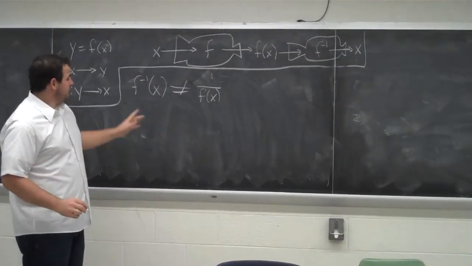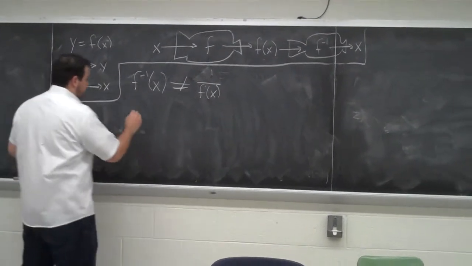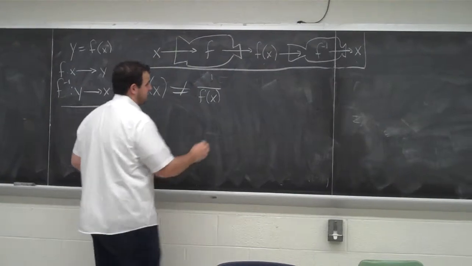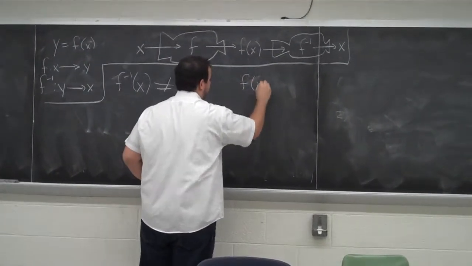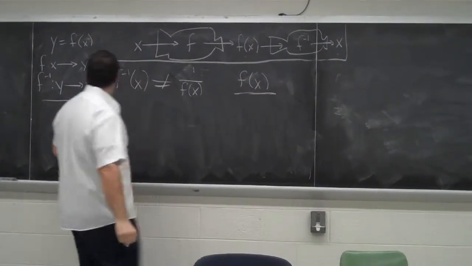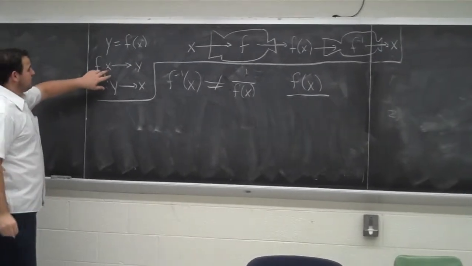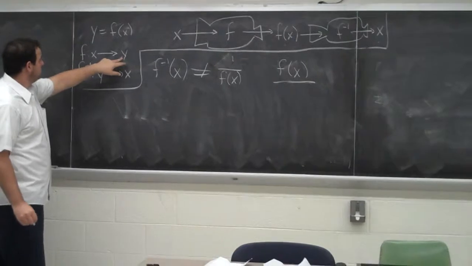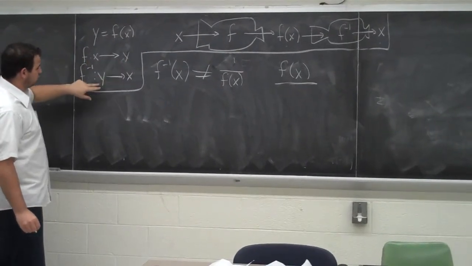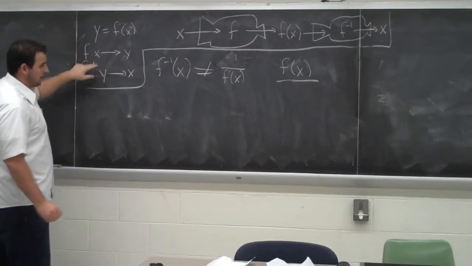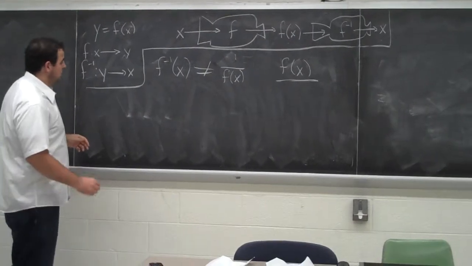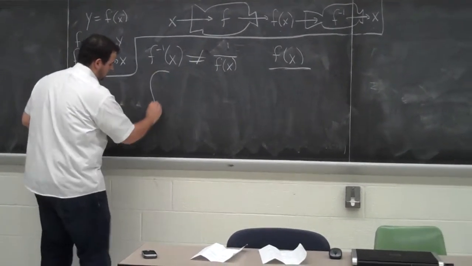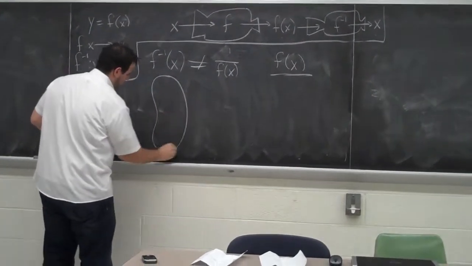Instead, what f inverse means is that usually, if we have a function, say f of x, this is the function we're talking about. What it does is we take some value x, and it gives us some value y. F inverse is going to take that value y and give us back our original x. So if we note it in a way that we've seen before, using our little